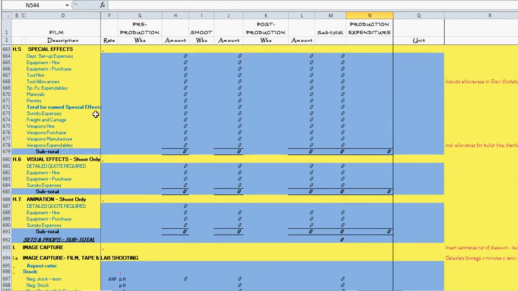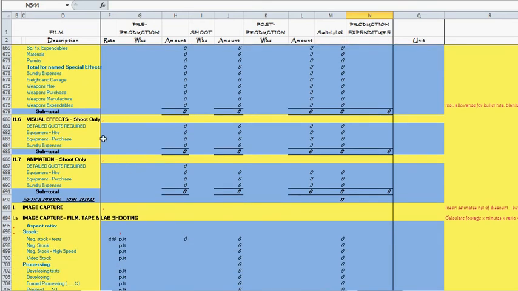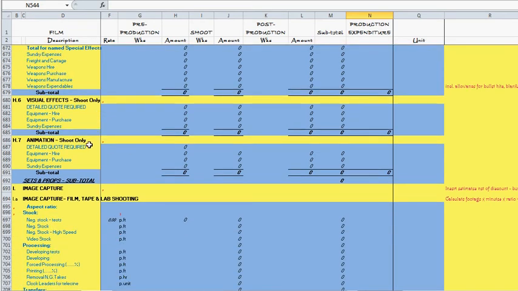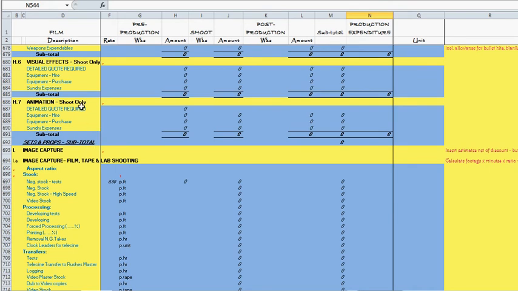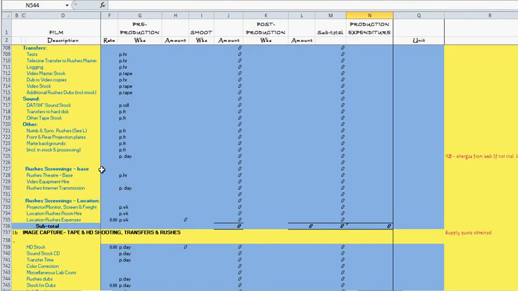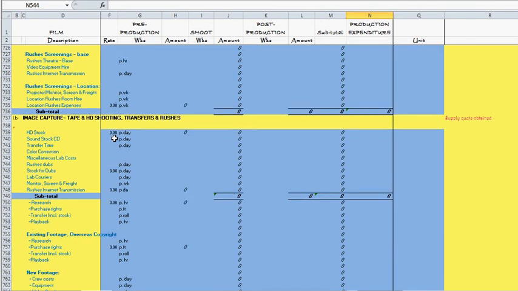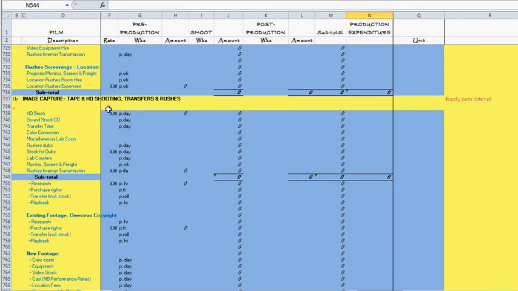Special effects, if that's needed, your total materials, permits, and so on, weapons, purchases, and need of that. Your visual effects, if that's needed, animation, for this is obviously a shoot only because it's just in the production environment itself. Your image, how you're capturing it, everything from your negative to positive stock, your aspect ratio, your actual processing, transferring the sound of that, any other miscellaneous, your rush screenings, the image, and then next second major section